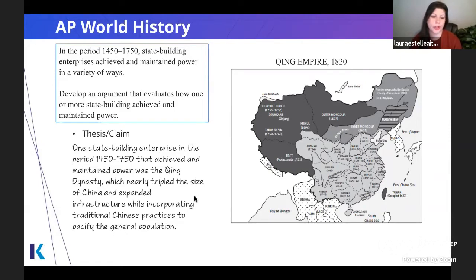So looking at the first part of this, it's a fine way to start this, and it helps you to focus. So one state building enterprise in the period 1450 to 1750 that achieved and maintained power. Okay, that helps you focus. If you hadn't included that, and I have another example later in this presentation that doesn't do it exactly like that, that's totally fine. That's not where you're getting your points. Where you're getting your points is naming the specific dynasty